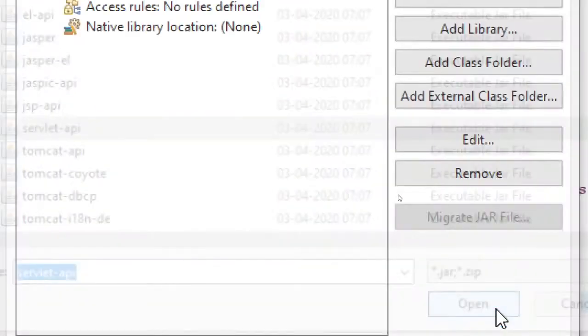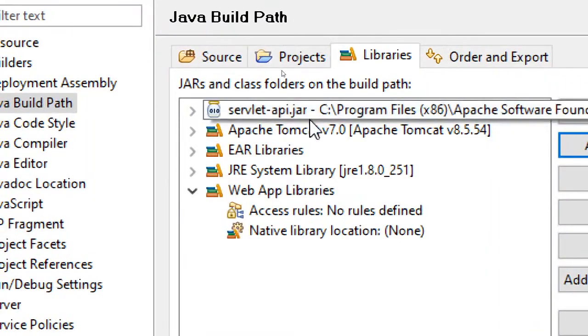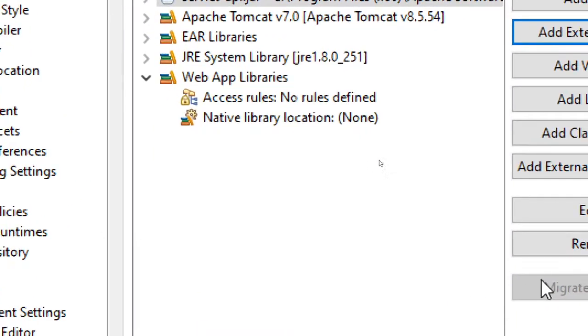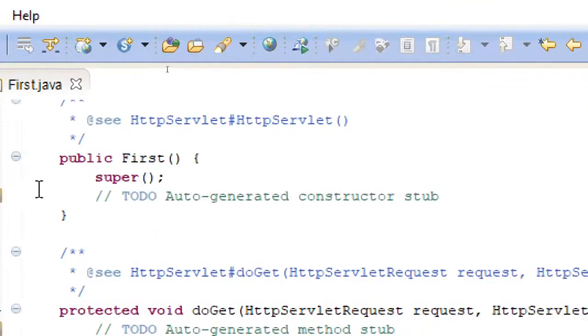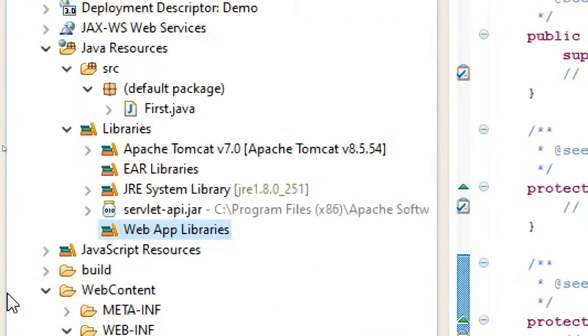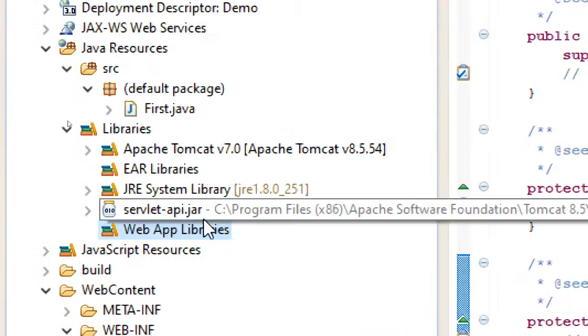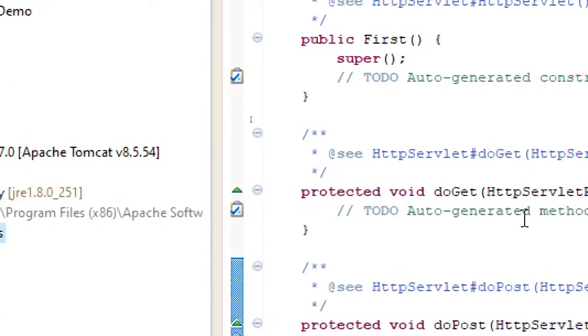So open. You can see the servlet API jar is being added, and then click on OK. Now you can see servlet API is being added. I just attached this jar file from the Apache Tomcat folder.